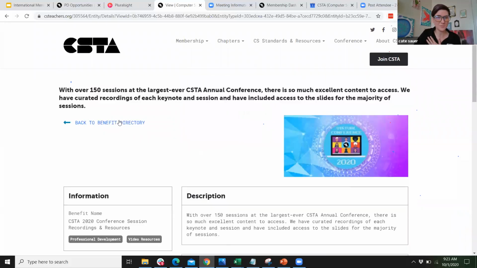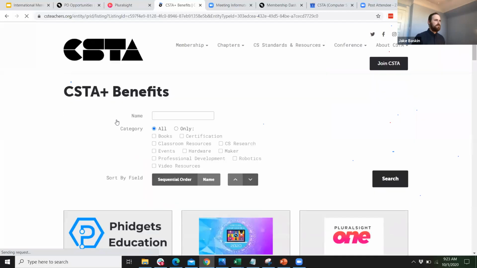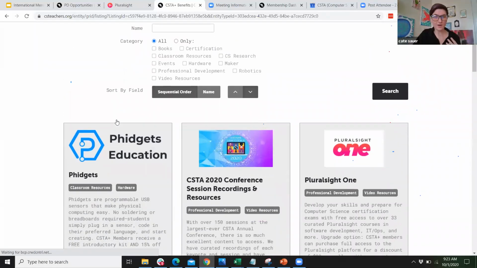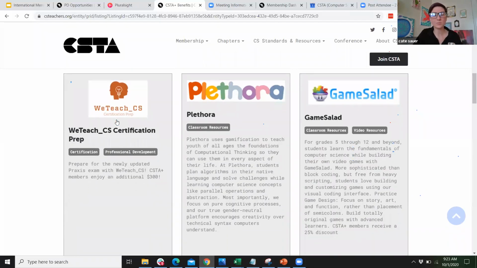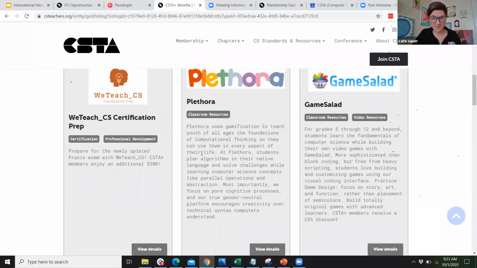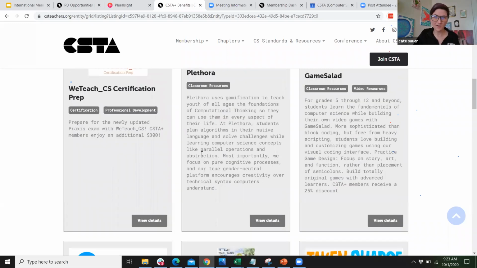The other thing I wanted to point out in this benefit directory is there's about 13 or 14 benefits on here, but it's continuously growing. And in being mindful of our audiences, I helped cultivate this. Something to check out is Plethora: with CSTA Plus you get a 2-month free trial. It's a gamification platform. It comes in multiple languages. It's out of Israel, and we worked very closely to bring this opportunity to our audience. And we're mindful that not everyone is looking for things in English.